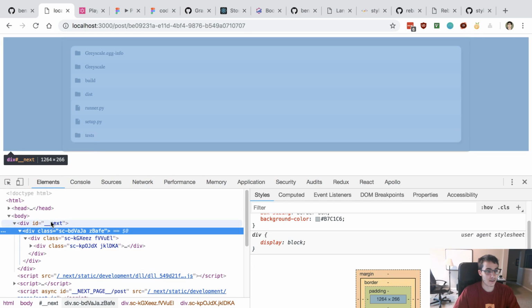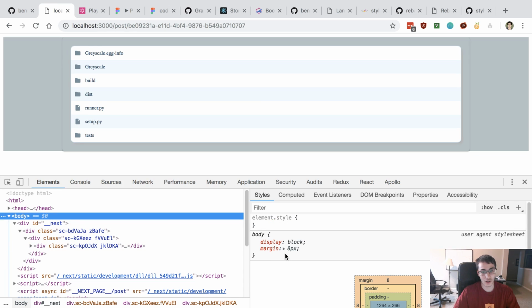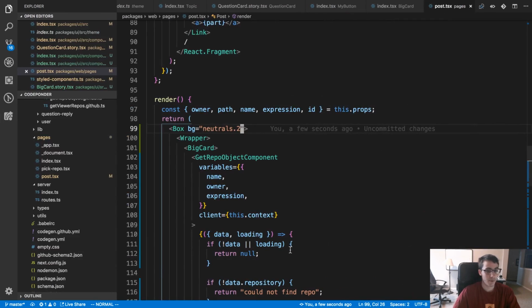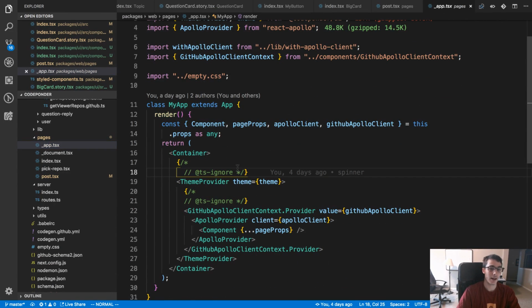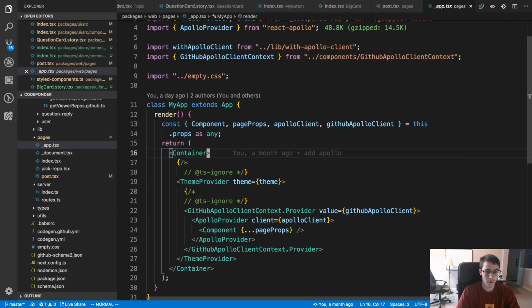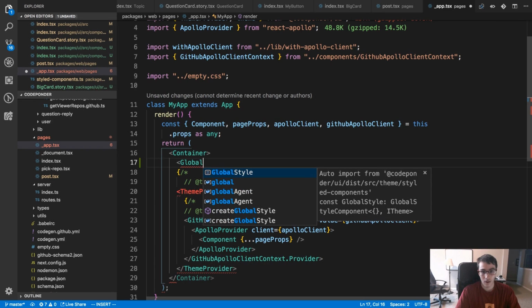All right, so Next.js. The body tag has a margin of 8 pixels. This is where we needed to reset stuff with our CSS, and I didn't actually add that yet. So, global style.